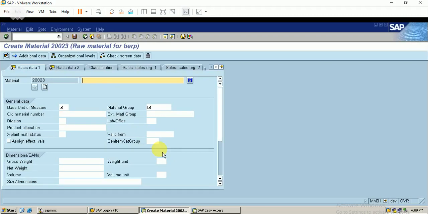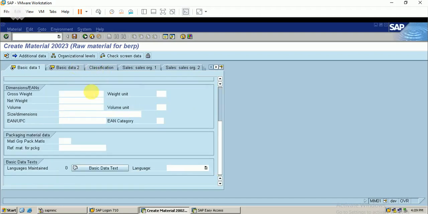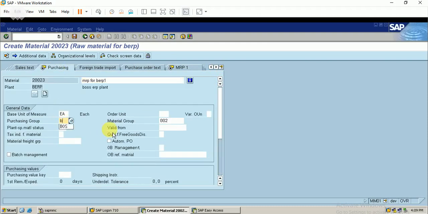We don't want any profile. So this is my material name. So in this example we are going to implement the reorder point planning. So in the purchasing tab, I just enter the purchasing group.